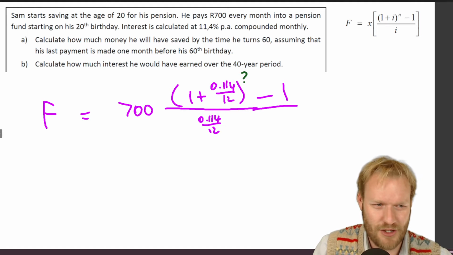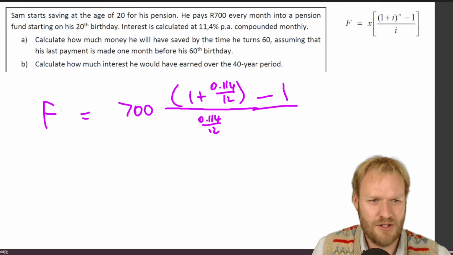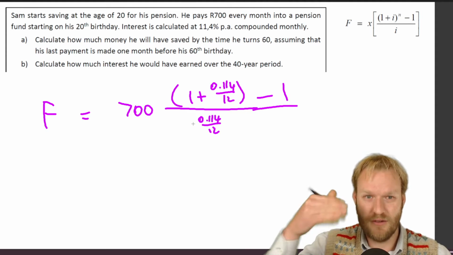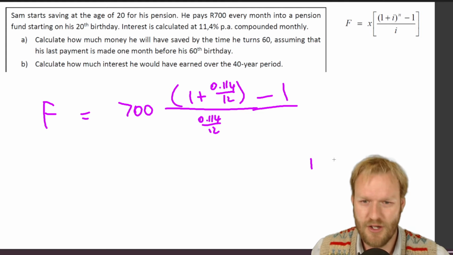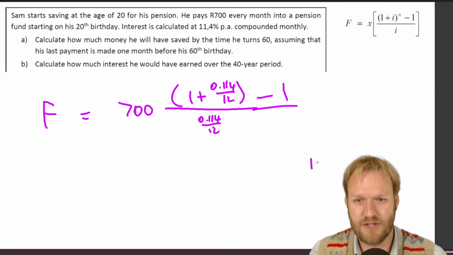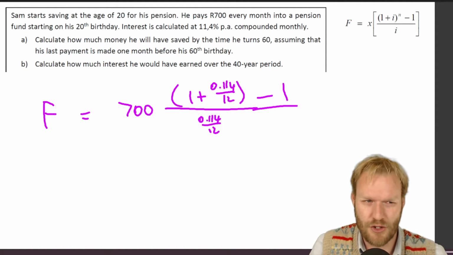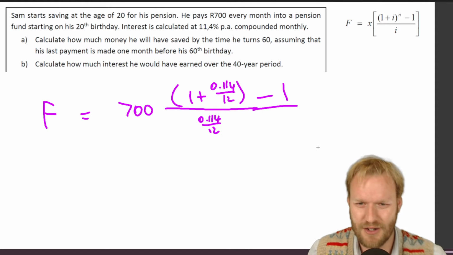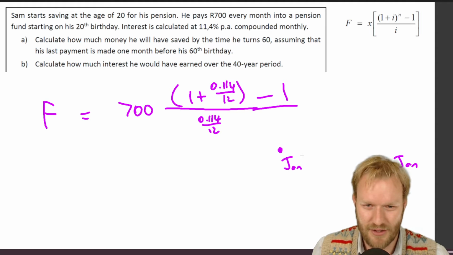Okay, so perhaps your logic is, well, it's the 20th birthday and the last payment's 1 month before his 60th. So from the birthday till 1 month before, think of it this way: if you did it for 1 year and you did it at the beginning of each month, you would still do it 12 times for that year. And then as you hit your next birthday, that's the 13th month. So pause and jot that down in a little timeline to help you see it. If you put it in January and your next birthday is in January, and you're putting it in at the beginning of each month, December you're going to put at the beginning of the next month,